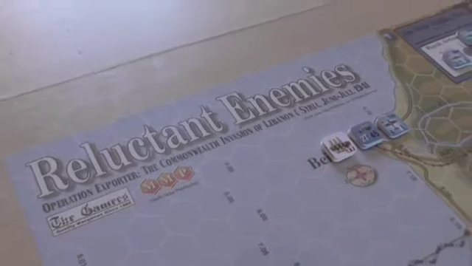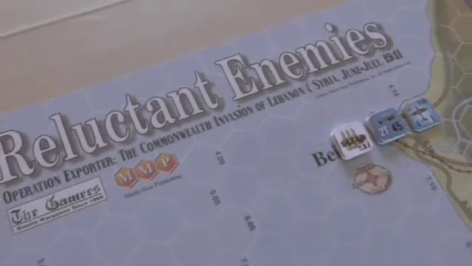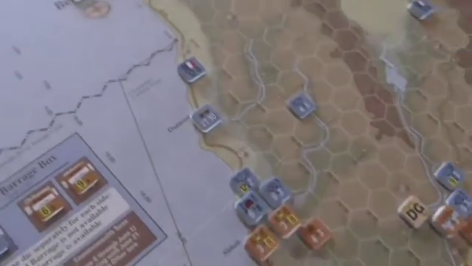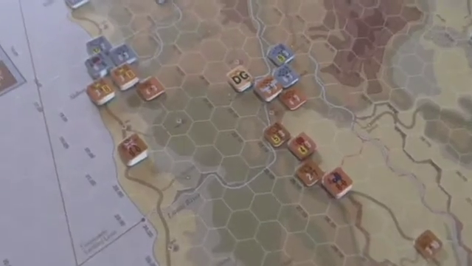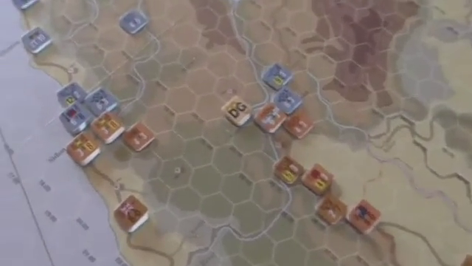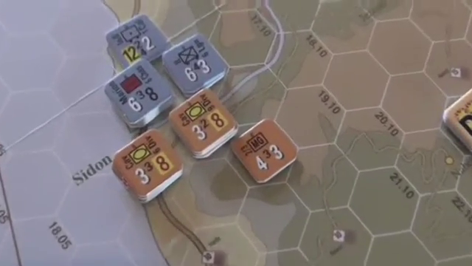Reluctant Enemies then, part of the Operational Combat series by the Gamers, published by MMP. Here we are in turn 8, end of the Commonwealth half of the turn in turn 8. They've just had a double move because they went second in turn 7, I believe. Won the initiative in turn 8